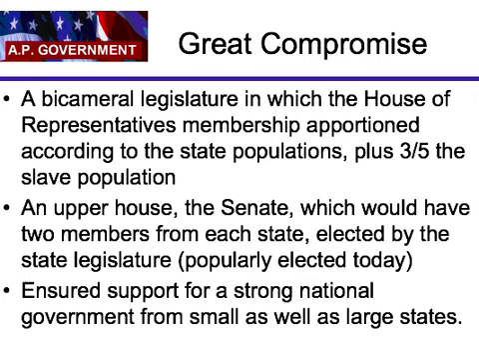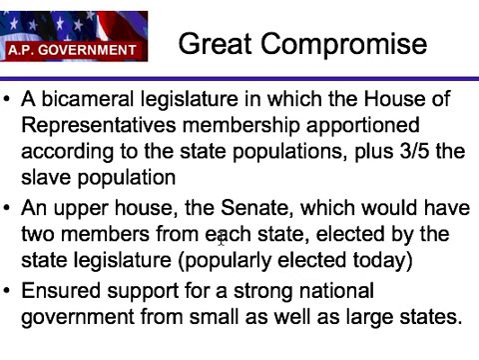So here comes the Great Compromise. The bicameral legislature, in which the House of Representatives membership is apportioned according to state populations, plus they had to deal with the slave population. So 3/5 of a slave counted as a person. They'd have an upper house, the Senate, which would have 2 members from each state, elected at that time by the House of Representatives. So they had one house, the House of Representatives, elected by population, and the Senate